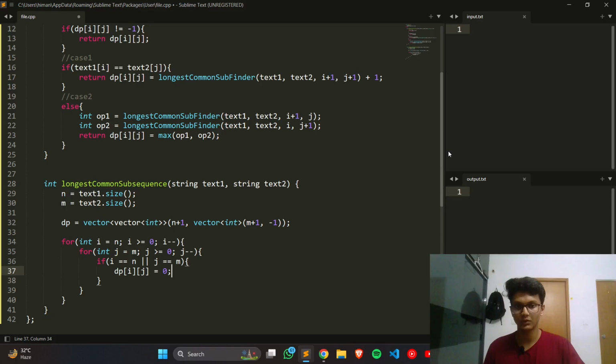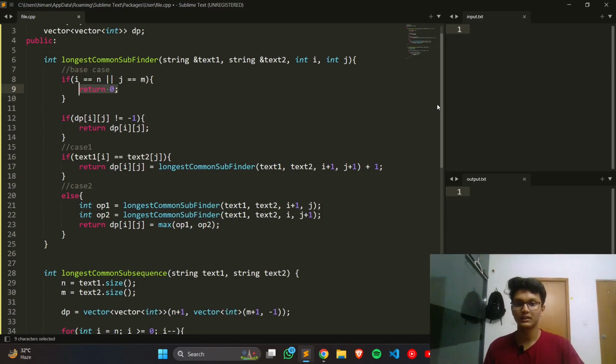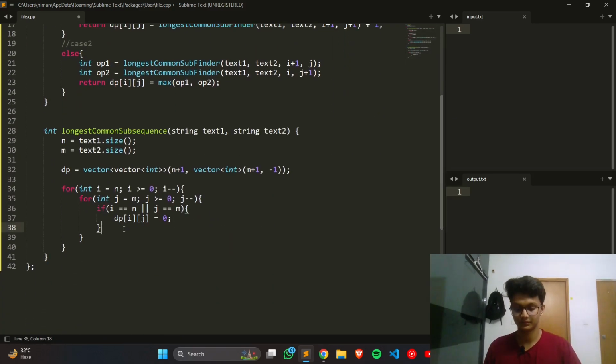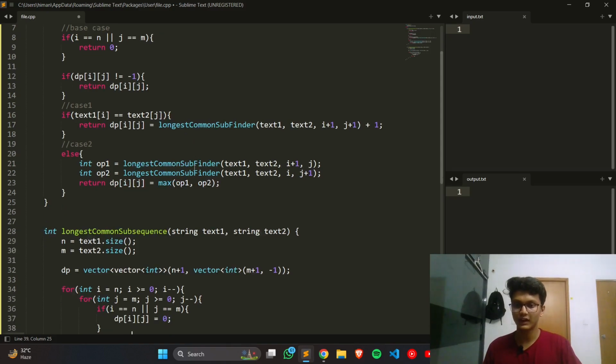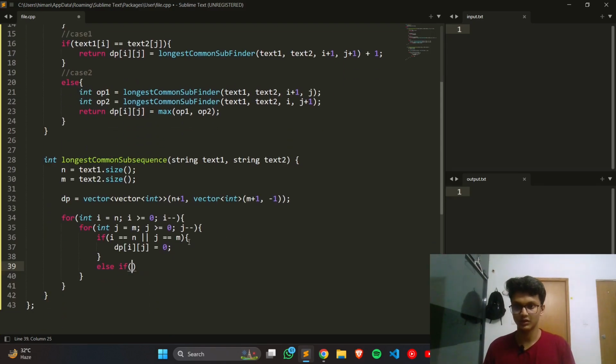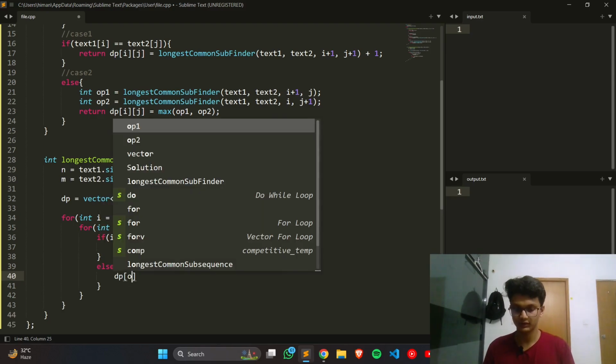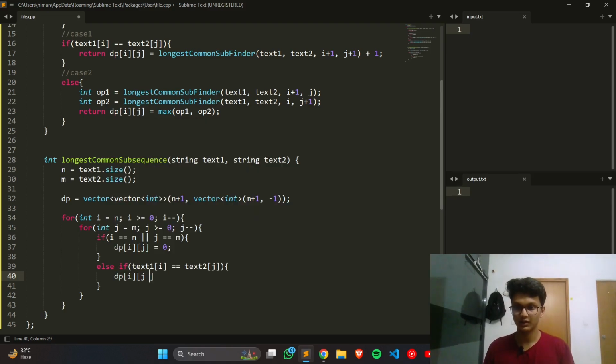We were returning 0, as you can see here, so we can just directly store 0 in here. Else if the next case would be if text1 of I is equal to text2 of j. In that case, what we need to do is dp of I j